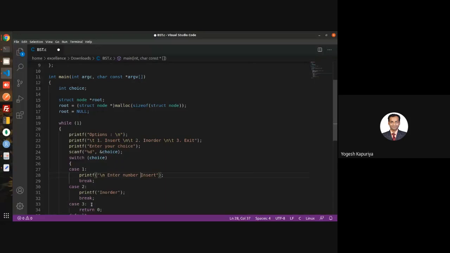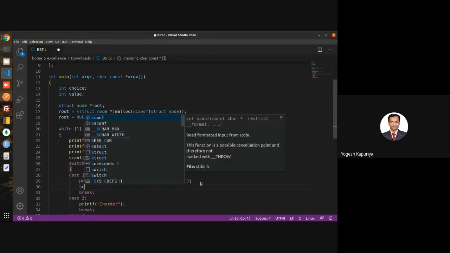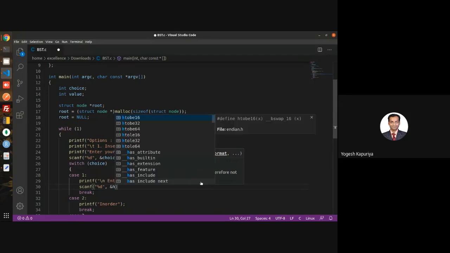So enter number to be inserted. Right? Because you are entering that number, you require one more variable to store that value. So what you will require now is %d and ampersand value.